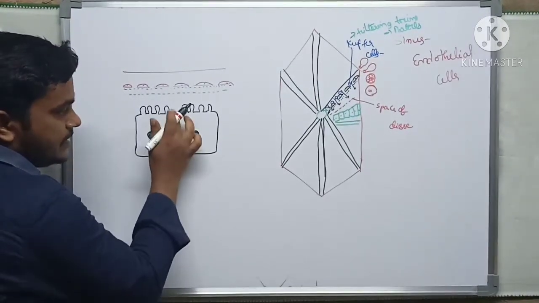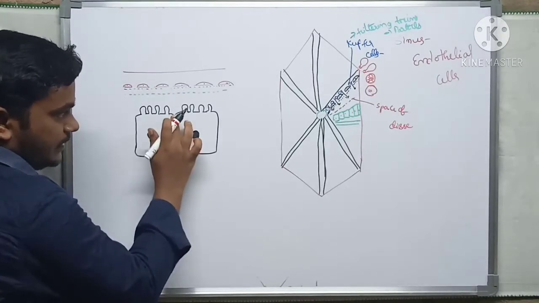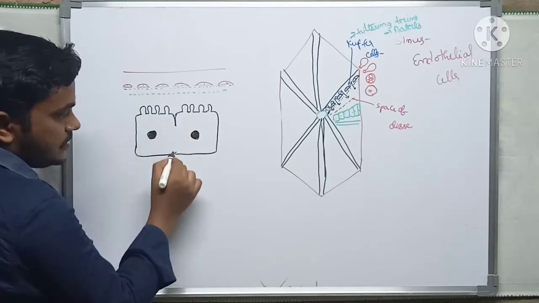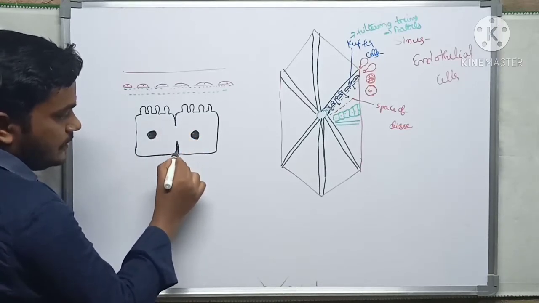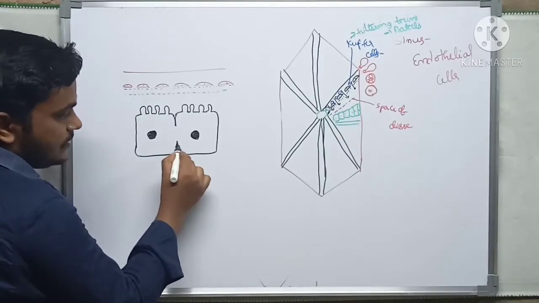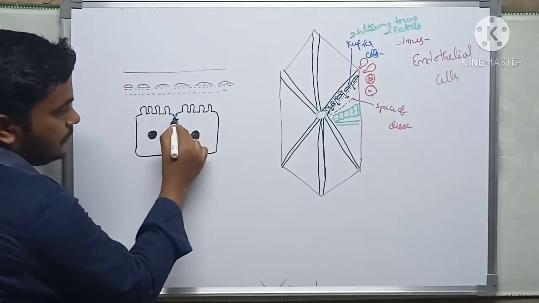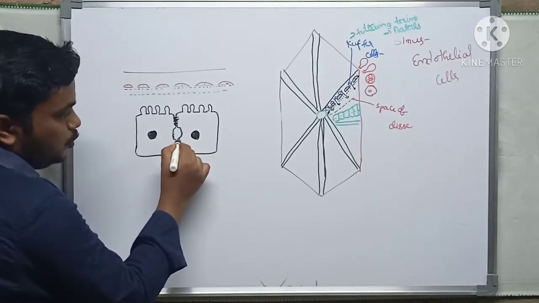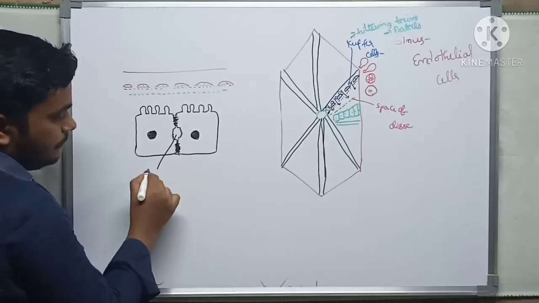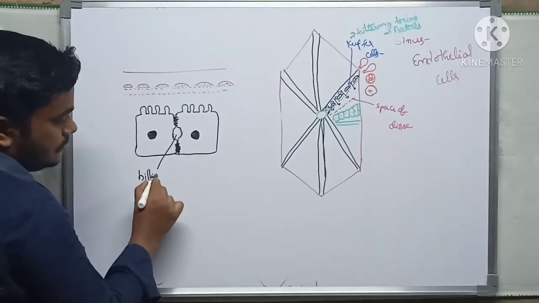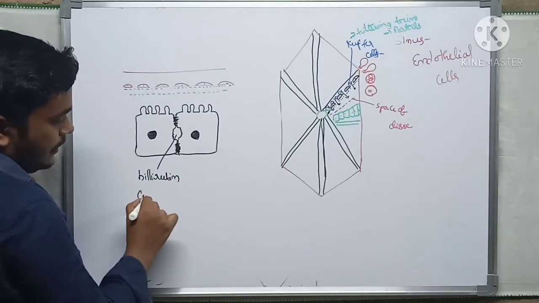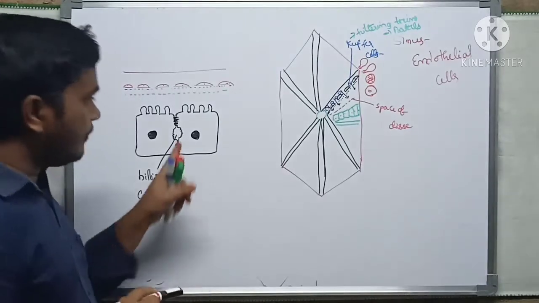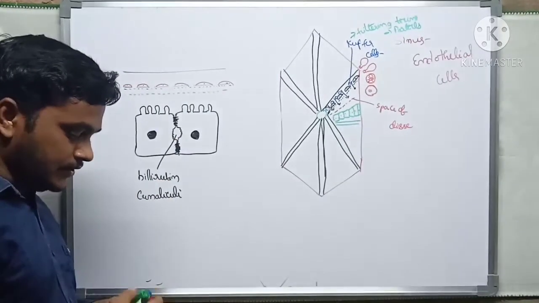In between this there is a cavity. Actually they are not fixed like this. In between, the walls are started as tight junctions. This is also tight junction. So here we will see tight junctions. Here we will see the canal. The fusion of two walls forms a canal, that is the bilirubin canaliculi. So how is the bile secreted? We want to see one example.